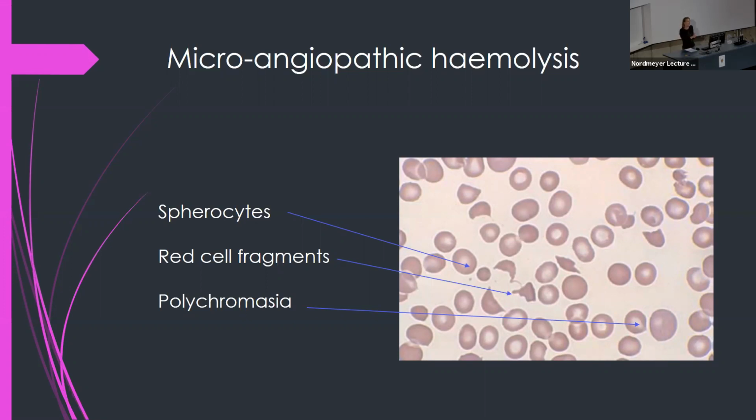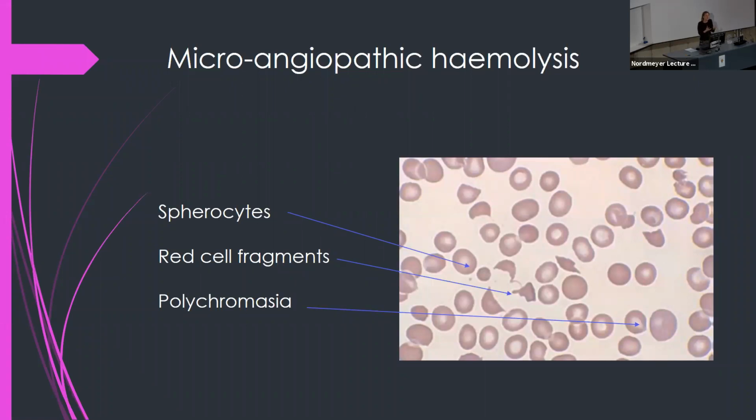I mean, that's the only way I can conceptualize it, but I don't know if anyone can tell you exactly how that happens. But you do get spherocytes and polychromasia. And polychromasia is a reflection of the bone marrow. It's just the same significance as reticulocytes. In fact, if you stained it, the polychromatic cell would probably be a reticulocyte, but